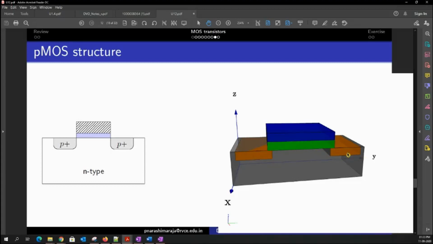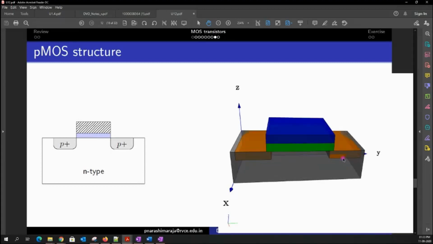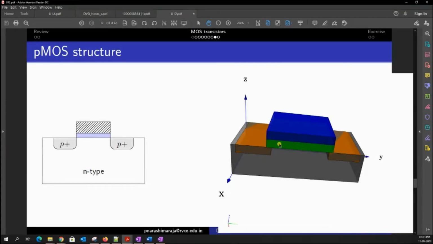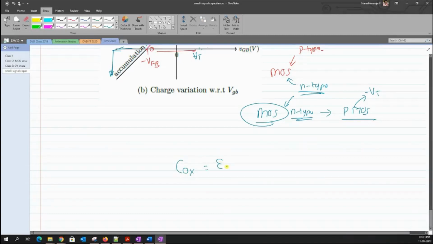So now I just want to show this particular structure because when I try to calculate the capacitance of this MOS structure, what we have actually calculated is just COX. The expression for COX, which is written as epsilon divided by the thickness of the oxide, is not exactly in farad; it has a unit which is farad per meter square, okay? Now, in case I want to actually calculate the gate capacitance, what am I supposed to do? I have to remove this meter square, okay? So how can I remove this meter square? I have to multiply by some area in order to get the total gate capacitance, okay?